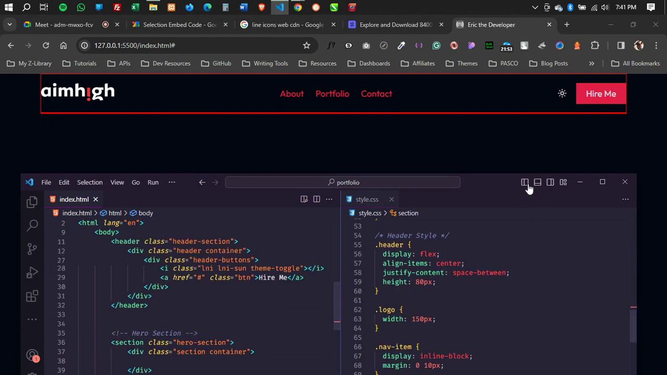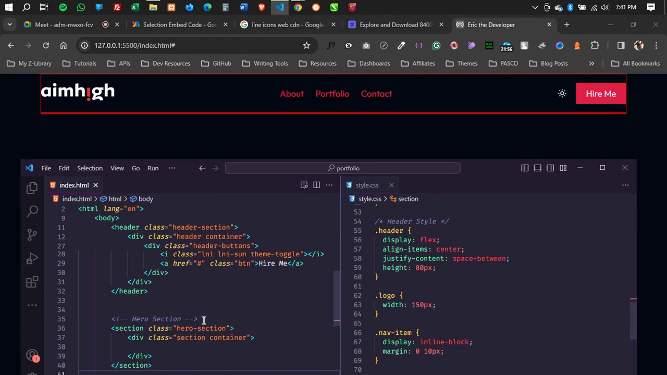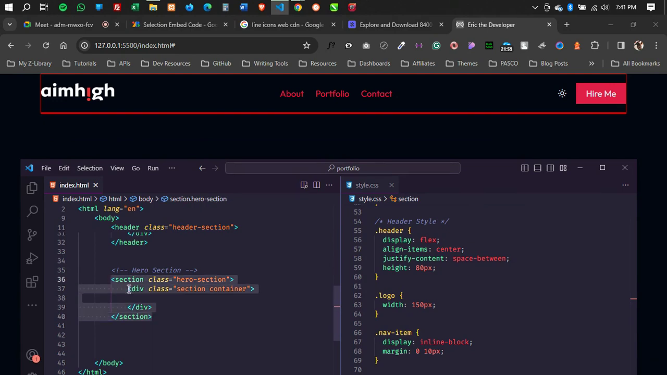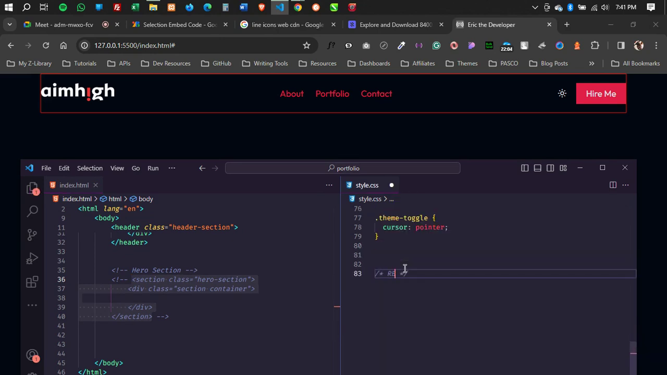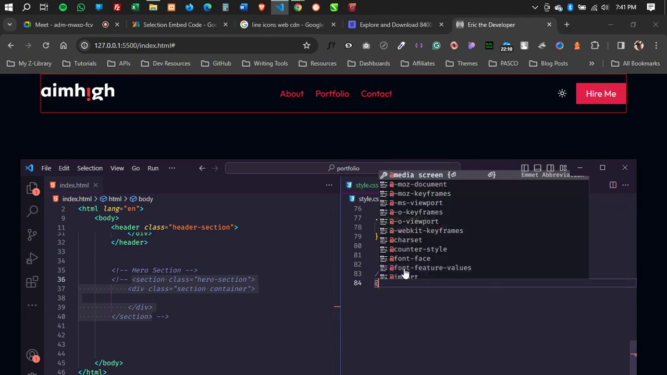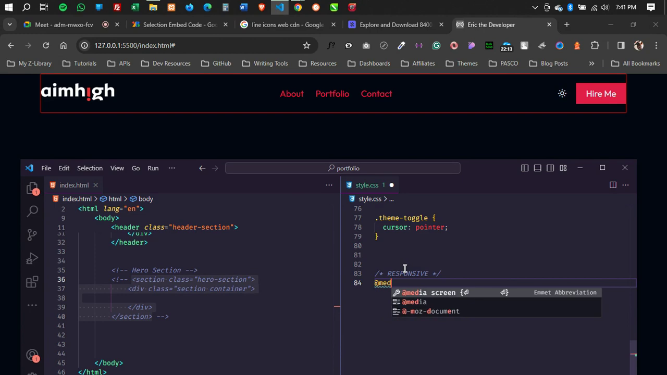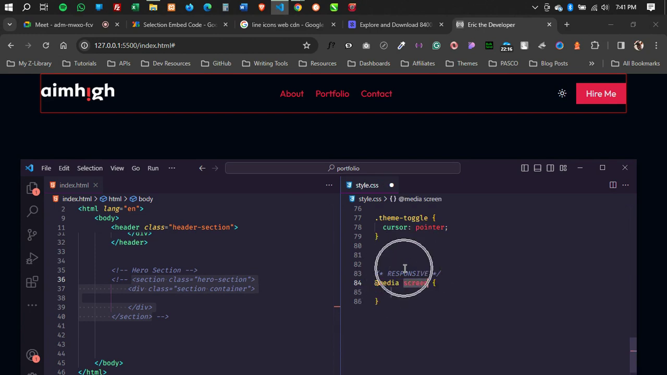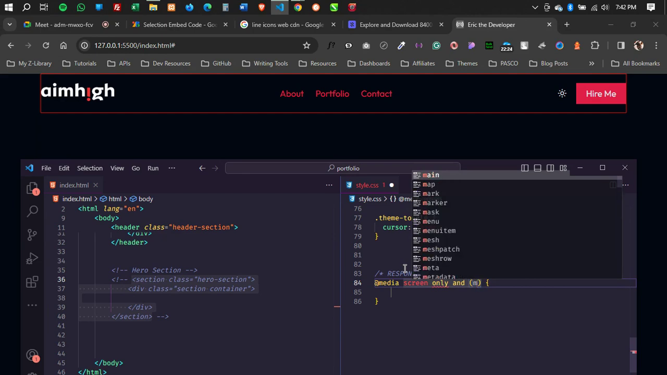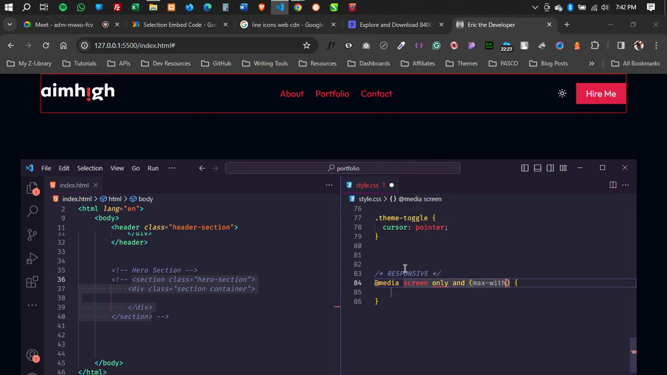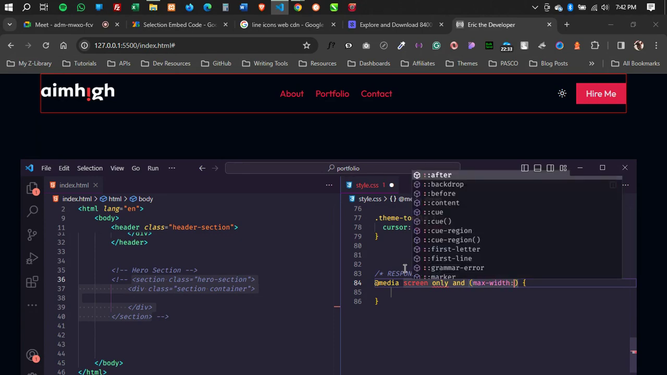Then one thing we shouldn't forget is we're supposed to work on the responsiveness. As I said the other day, let's now make our header mobile responsive. So I'll just come back and say responsive. Then I'll say at media screen only and max width of